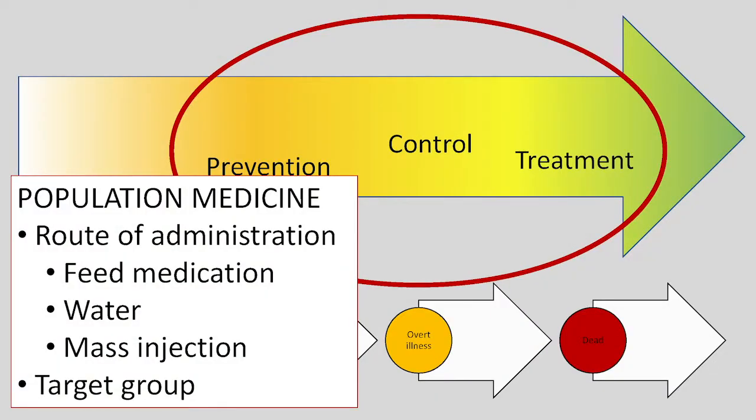Control, on the flip side, would be when we go in and we say, yeah, 10% of the pigs are sick. We need to be more aggressive with our medical intervention, and we need to address keeping all of these pigs from getting sick or a certain percentage dying. So it's a little bit of semantics between prevention and control, but they're becoming increasingly important when I get down to talking about what industry is doing. I think that distinction has become increasingly important. Treatment, of course, has and always will continue to happen.